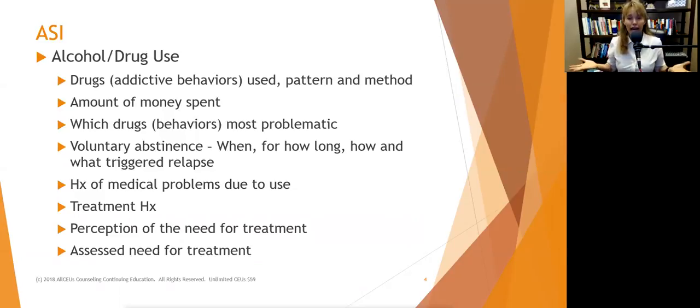If they were abstinent, if they were clean for a while, great. When was that? Was it 15 years ago or was it last month? How long did you stay clean? That's good information to know. If they stayed clean for a week, okay. Well, they had some tools that helped them stay clean for a week, and we can build on that. If they stayed clean for 6 months, well, all right. What changed? What triggered the relapse? How did you go from having 6 months clean or 6 years clean to relapsing? That gives us information we need to develop that relapse prevention plan and to develop the treatment plan.